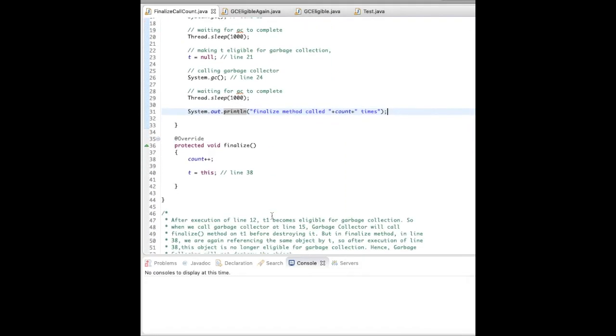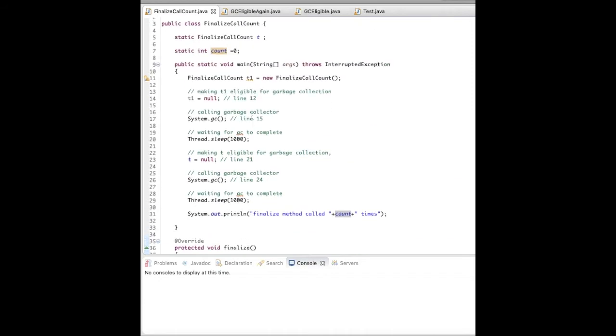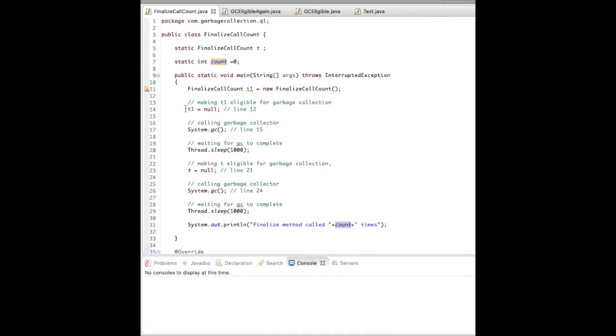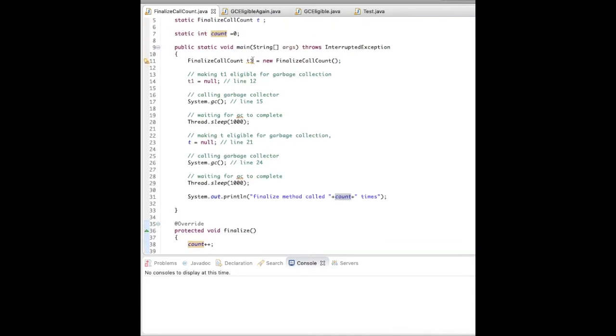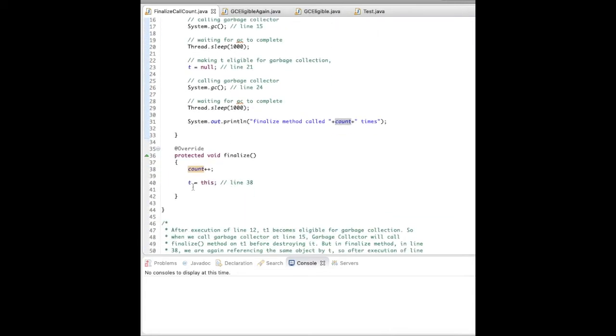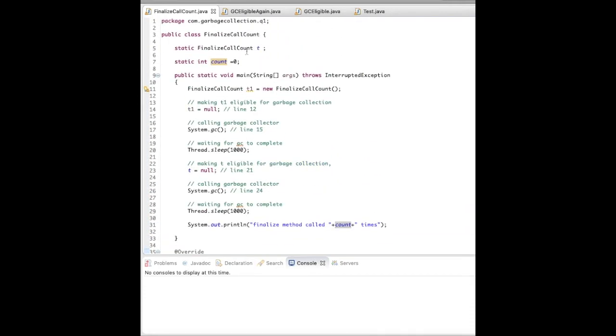So what I have implemented in the finalize method is that I'm just incrementing count, count++, and t equals this. So what this statement means: whenever the finalize method is called, let's say I make this t1 null and call System.gc, and garbage collection happens. At that time the finalize method will be called for t1. So inside the finalize method, this will refer to the t1 object, that is this one, and this t is the static object which we have created here. So in garbage collection, this object will be garbage collected, but its reference is assigned to this